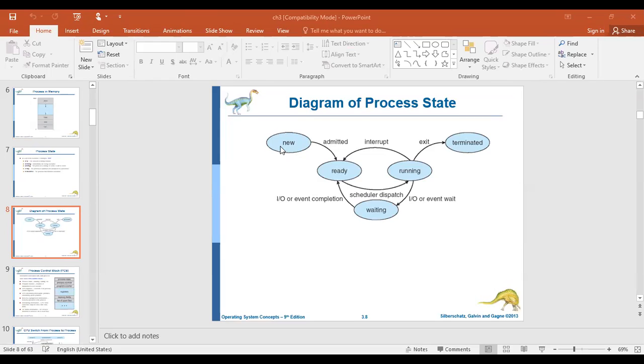Similarly, when a process is created, it should be placed in a queue once it acquires all the resources and is ready for execution. That is what we call the process queue, or simply a job queue, because all the jobs which require the services of the CPU have to wait in a queue. That queue is what we call a job queue. All right, so this is the process life cycle, right from the beginning to the end of the process